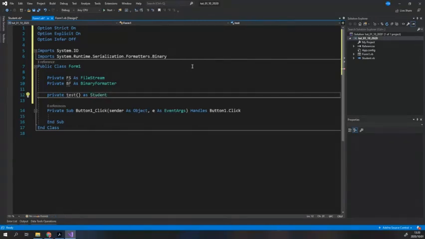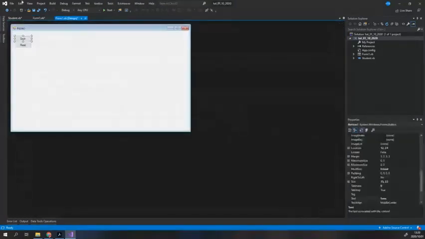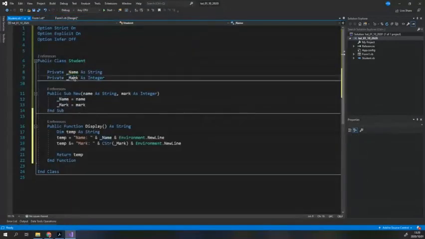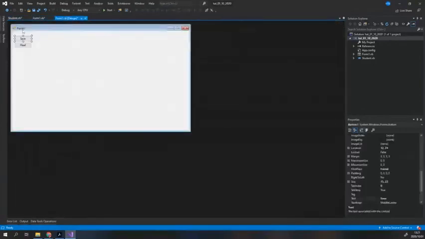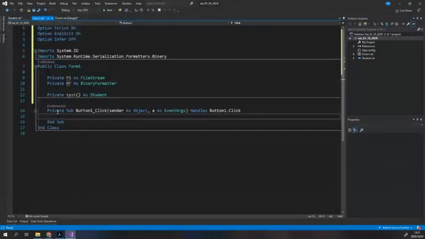Right, so we've got our variable over here, we've got our file stream, our binary formatter, and our array of students. So you'll see this as test results. We've got a student name and a mark for the student, and then we've got our array that will just contain the student you are doing. So for the first one, we're going to save it to a file, and the second one we'll read from the file and do some form of calculation there. Now, first things first,